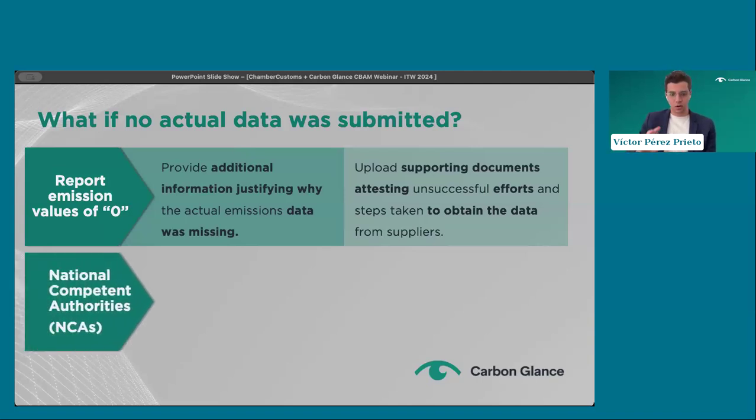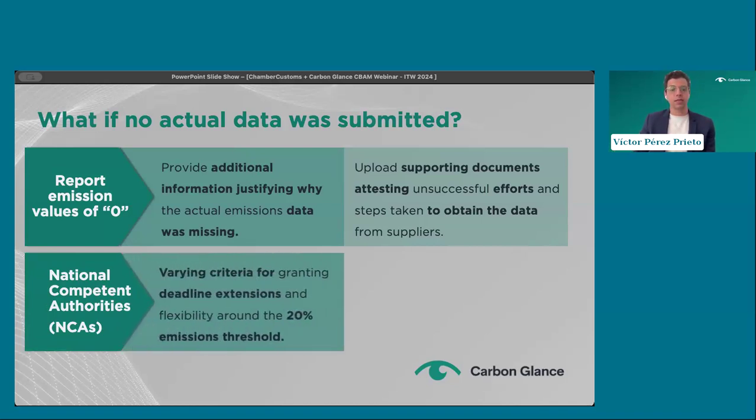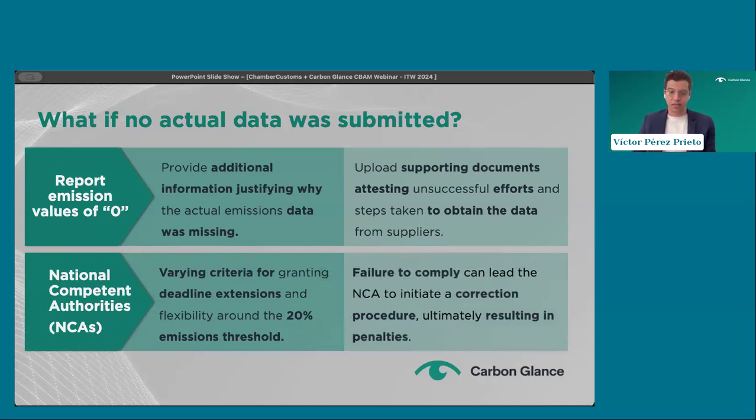Now, what we are observing at the moment is that flexibility regarding submission of CBAM reports later than the permitted deadline, or even submitting actual data that exceeds the 20% permitted, actually depends on the national competent authorities. At the moment, each member state has a different national competent authority, and the competence to enforce CBAM relies on them.